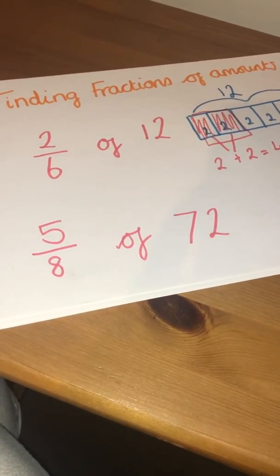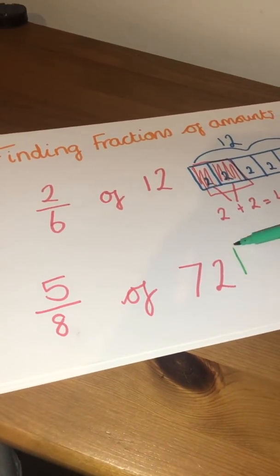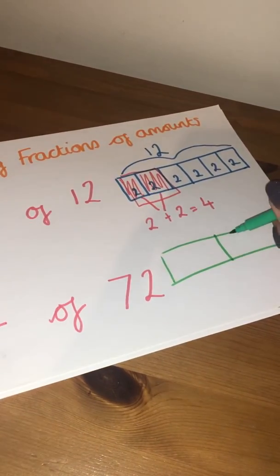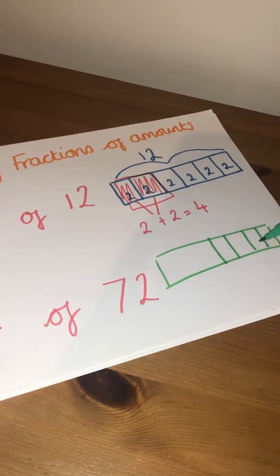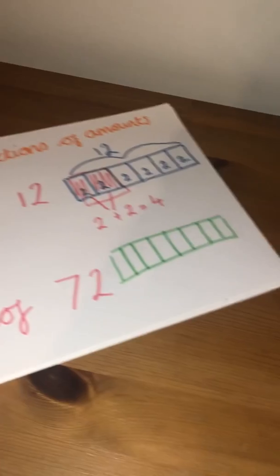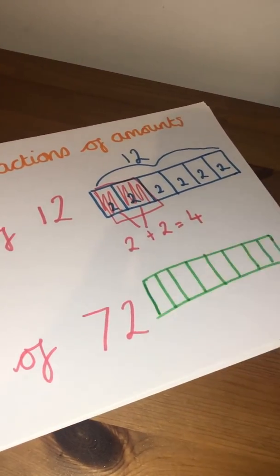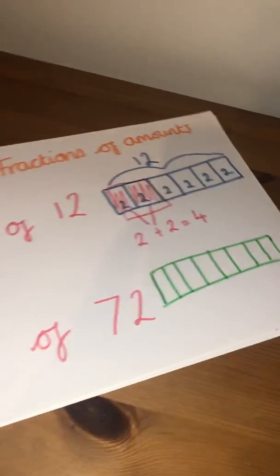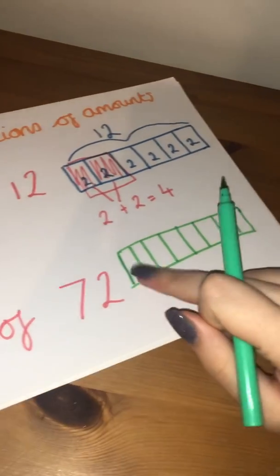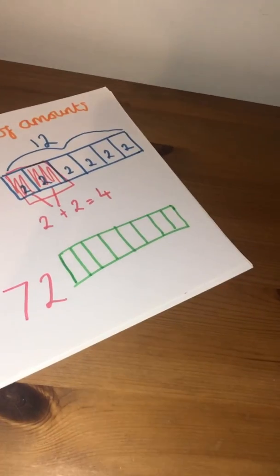My next question asked me for 5/8 of 72. So I know that my bar is going to have... my bar's not very even, but I'm sure if you're going to draw yours, you can use the lines in your book and a ruler to help you. But I don't own a ruler. So I know that my bar is split into 8 pieces. So 1, 2, 3, 4, 5, 6, 7, 8. And I know that my whole bar